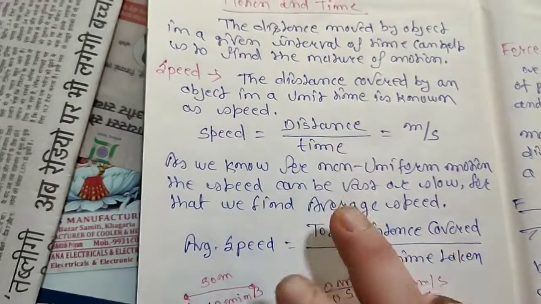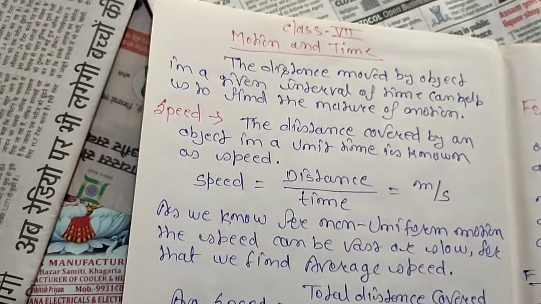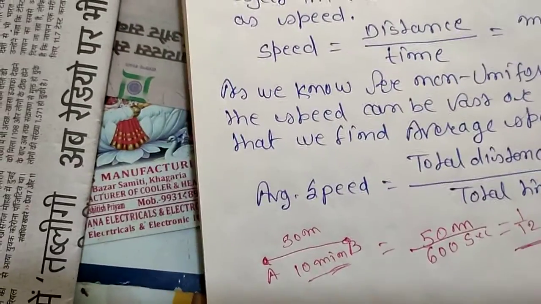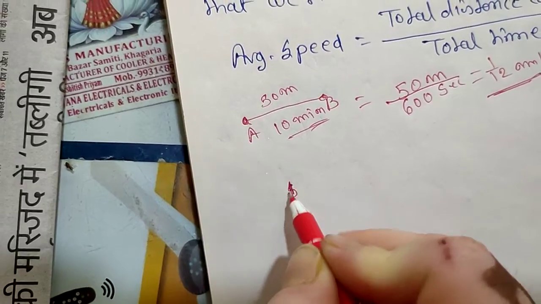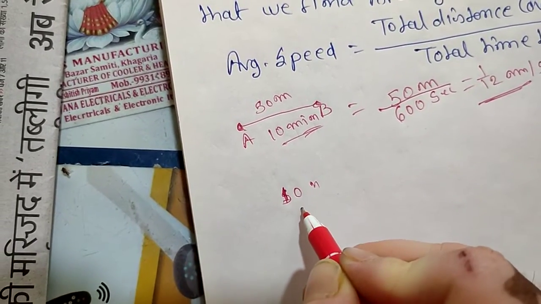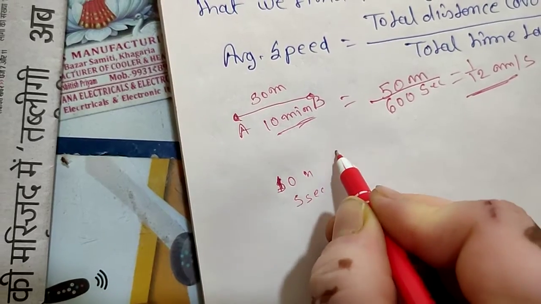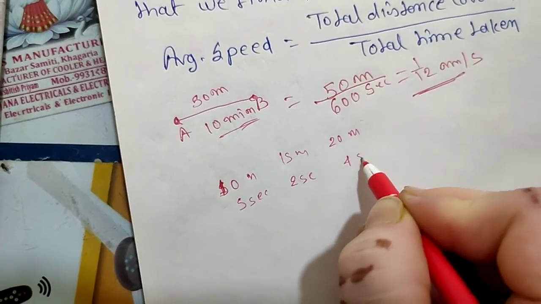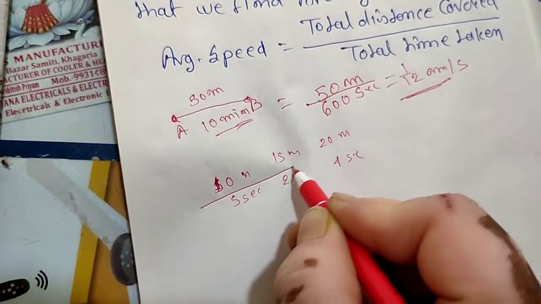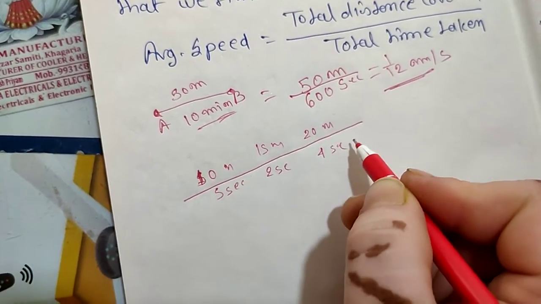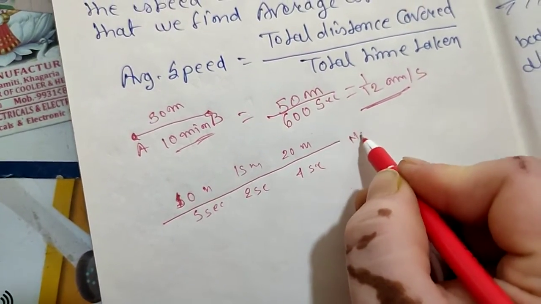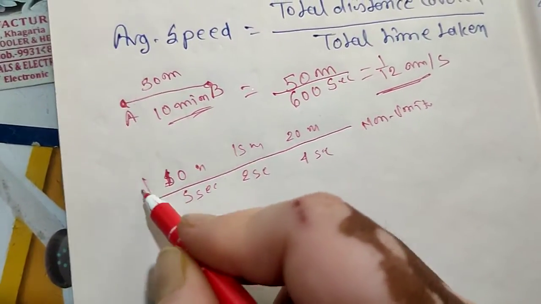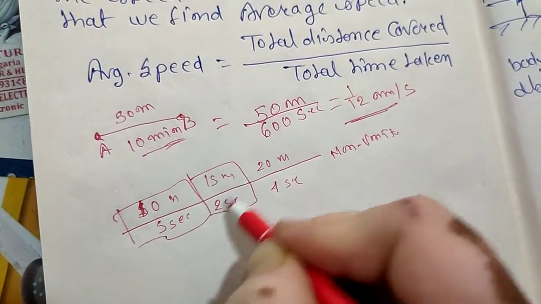If the motion is not linear, that means you have an idea about linear and non-linear motions. Non-linear means sometimes the body is moving with high speed, sometimes with low speed. For example, 10 meters in 5 seconds, 15 meters in 2 seconds, 20 meters in 4 seconds. Simply you can see the distance is different and they are consuming different times. In this condition this is the non-uniform type of motion. So here we cannot find the exact speed, we can find the section-wise speed.